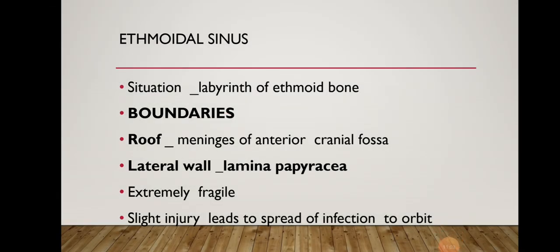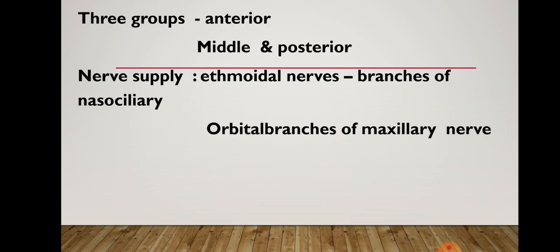Okay, so the ethmoidal sinus is nothing but thin walled air cells which are located in the labyrinth of the ethmoid bone. The boundaries are the roof, which is formed by the meninges of the anterior cranial fossa. The lateral wall is formed by the lamina papyracea, which is a fragile one, and you have three groups: anterior, middle